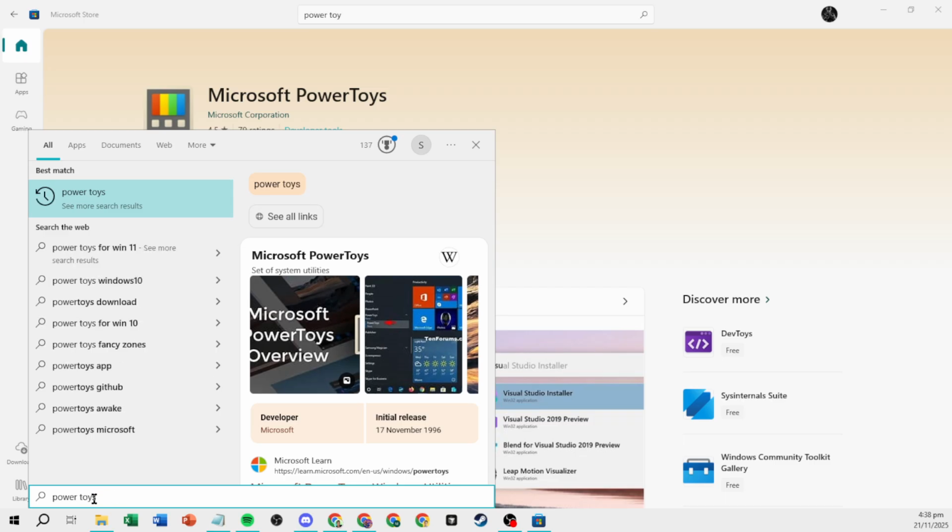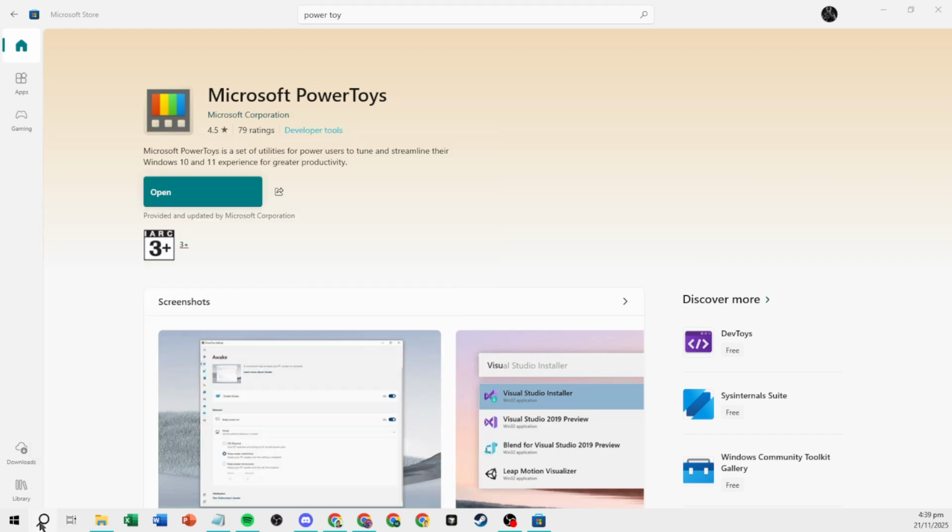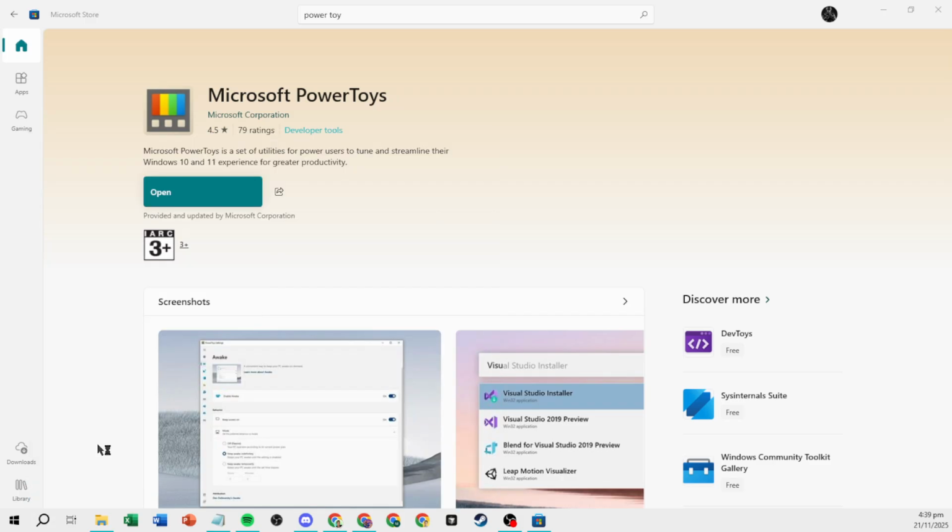Before you start assigning new functions to your keys, ensure that the Enable Keyboard Manager option is toggled on. Without this feature activated, any changes you make won't take effect, and we don't want all our efforts to go to waste. Now, click on Remap a Key. This brings up a window, which is where you'll actually perform the key remapping. You'll see an option to Add Key Remapping.